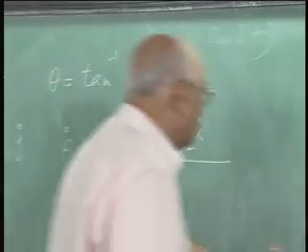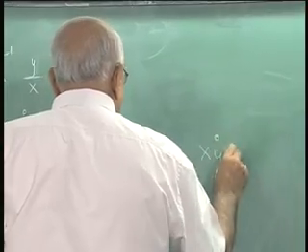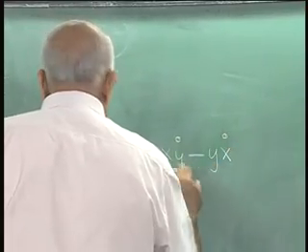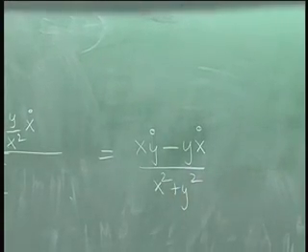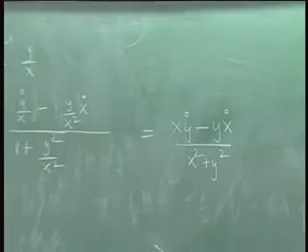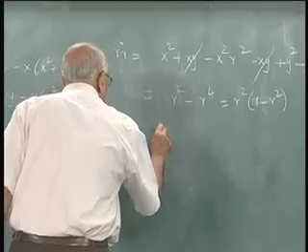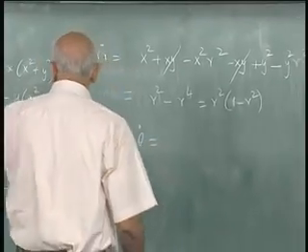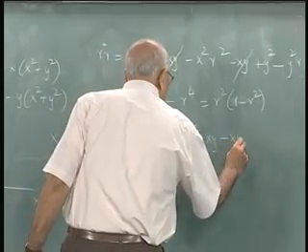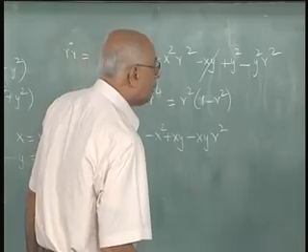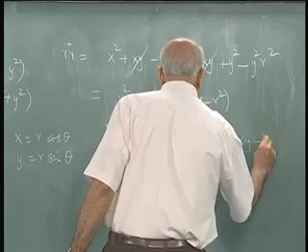So this could be written as equal to, and the x squared cancels out and you get x y dot minus y x dot divided by x squared plus y squared. Now that is a useful formula. That is the way theta changes, and let us find out what theta dot is in our problem. So theta dot is equal to x y dot, so I multiply this by x, minus x squared plus xy minus xy r squared, and I subtract from it y x dot, so minus xy minus y squared,